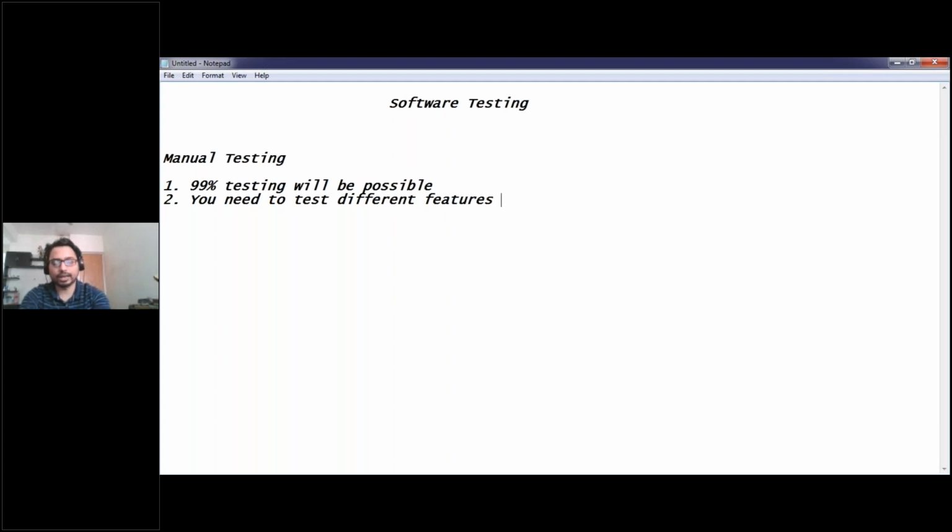Okay, so an application can be of different types. It can be a web-based application, a desktop-based application, or a mobile application. In an IT company, you will basically get these three kinds of application. If you talk about a product-based company, my company is a product-based company, so we have a web-based product, a desktop-based product, as well as a mobile product. For all kinds of applications, you can perform manual testing, and that manual testing can achieve 99% of the testing for a particular application.